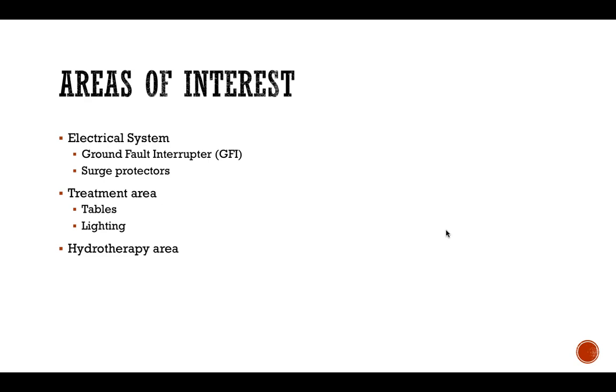Ideally, adjustable tables are best. That's kind of, again, not required, but it's an OSHA recommendation, because then people of all height can get the table to where they need it to be. It also helps for an individual who maybe has a disability or something to get up on the table, and then we can raise it up to where we need it to be. You want to make sure your tables meet ADA approval. If you're going to do a lot of treatments for elevation and things like that, a split leg where we can actually elevate part of the table is really nice for that.